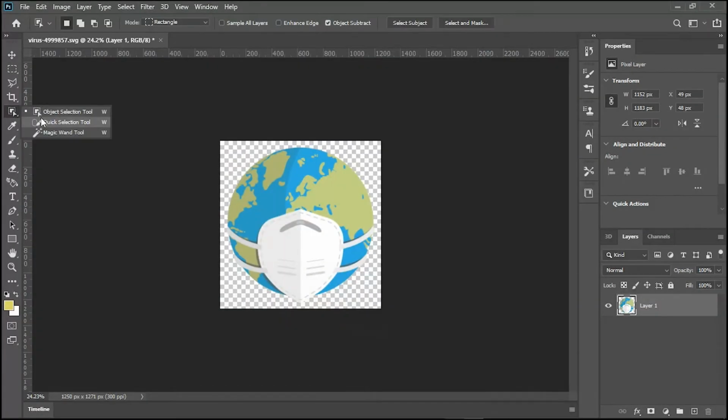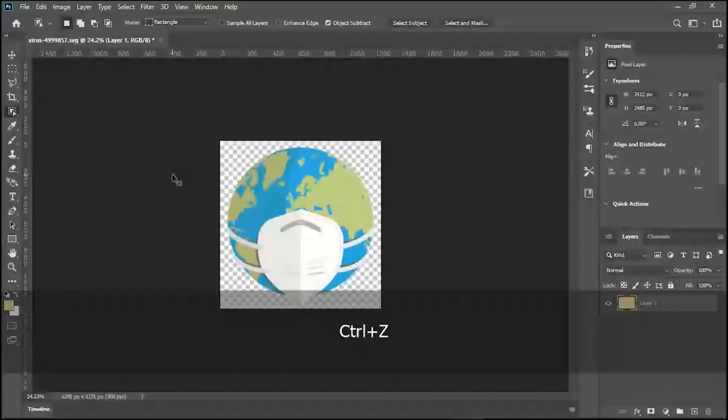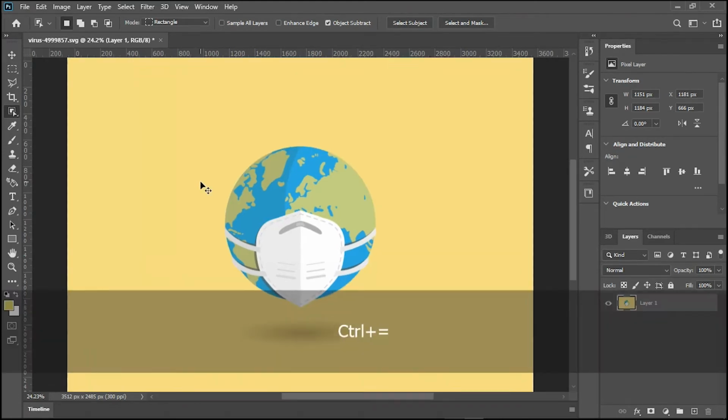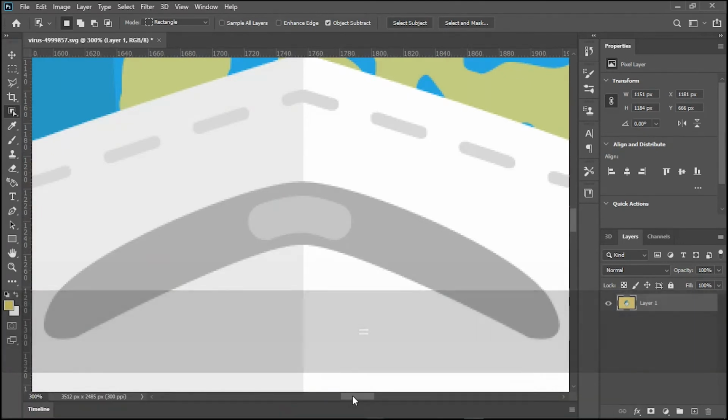Now earlier I mentioned that there's also the Quick Selection tool. This is useful if you want to select more of the image. So I'm going to undo all of that, and I'm going to select the earth again using the Object Selection tool. I'm going to zoom in, and as you can see, some parts of the earth are not completely selected,